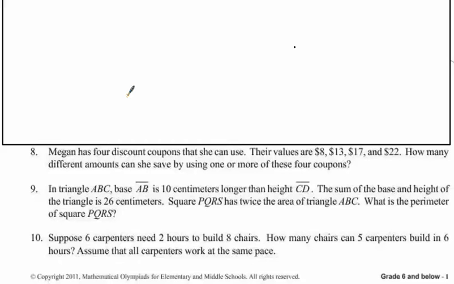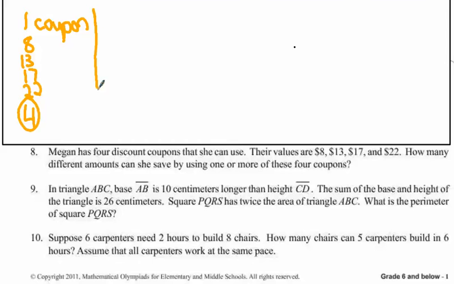Okay, so for one coupon, there are 4 different possibilities. So there can be 8, 13, 17, or 22. So that's 4 different. And then for 2 coupons, you could have